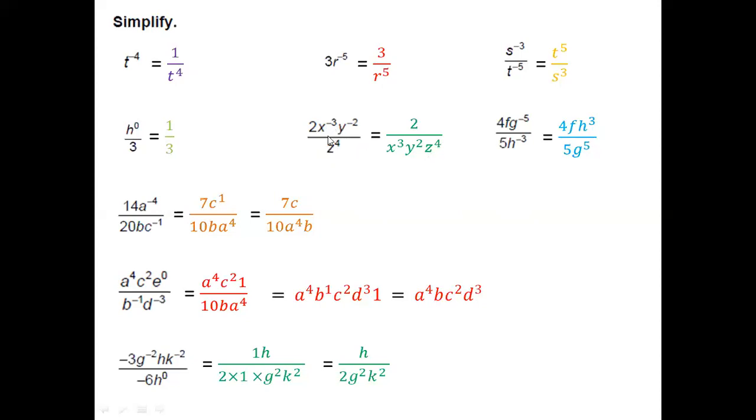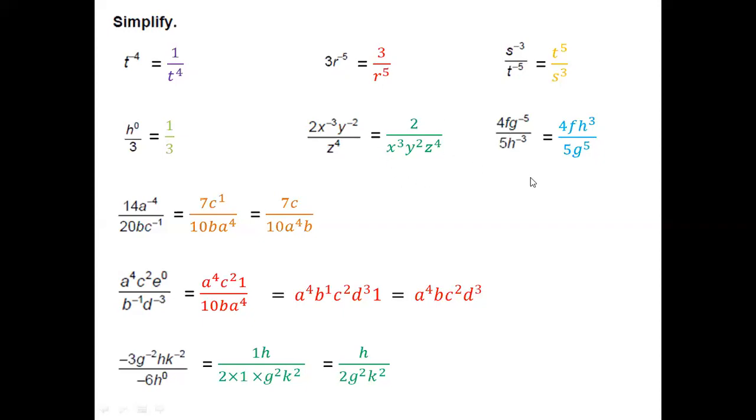You don't need to change it, because if you change z to the power of 4 up, it becomes z to the power of -4. So we don't want that, right? So leave the positive numbers as they are, only move the negative exponents down. So that will become x to the power of 3, y to the power of 2, z to the power of 4. It's always preferable to keep them in alphabetical order, not necessary. As I've told in the previous video, not necessary, but it's preferable. So this is how your simplified expression will be.